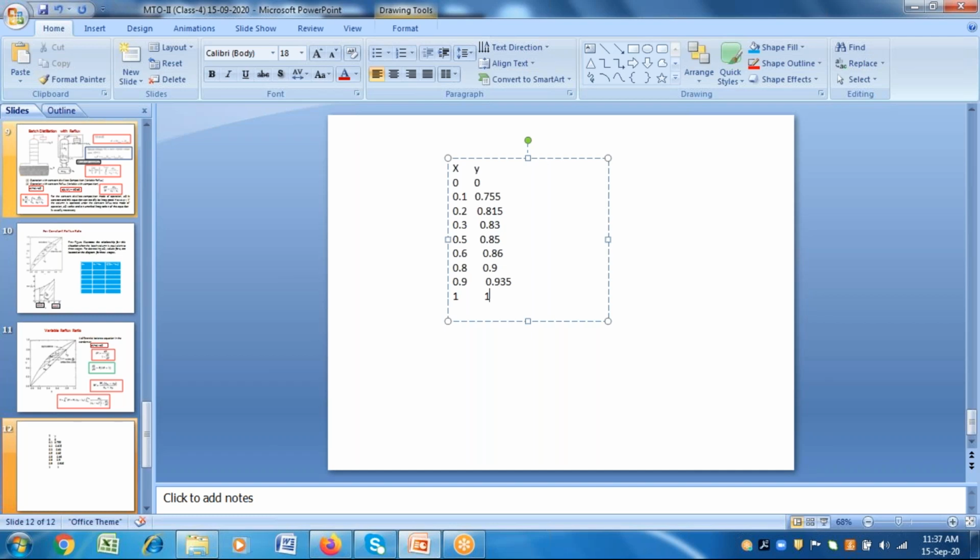So do this problem, and also note down another problem. A liquid mixture containing 50 mole percent heptane and 50 mole percent octane is distilled